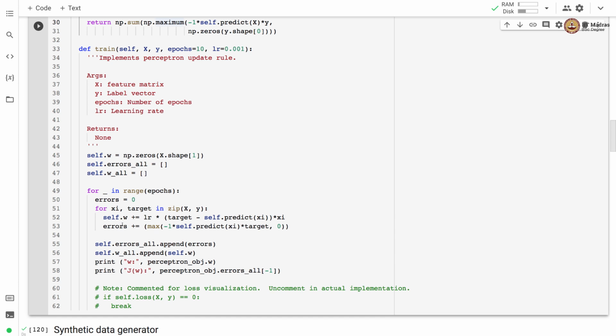And then we calculate the loss at each turning point and add it to the errors. So we have errors from this particular epoch added to errors underscore all, and then we also have the value of W added to W underscore all variable.